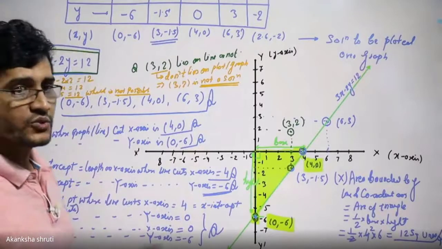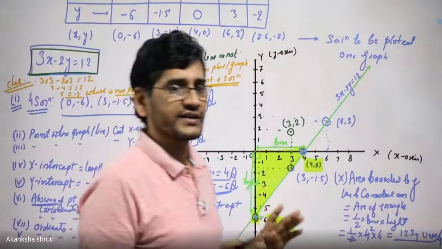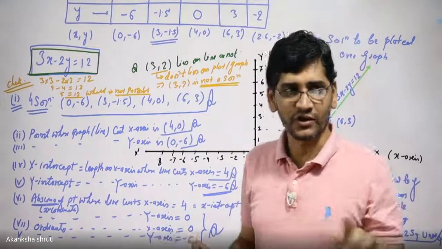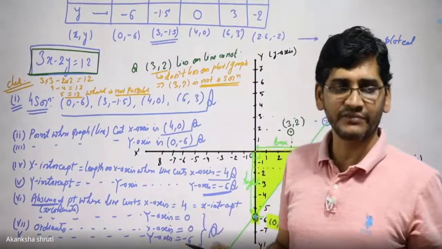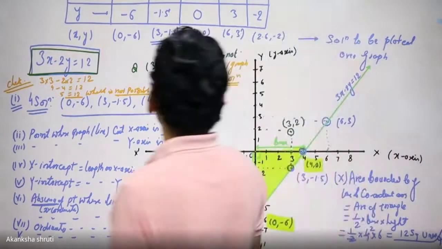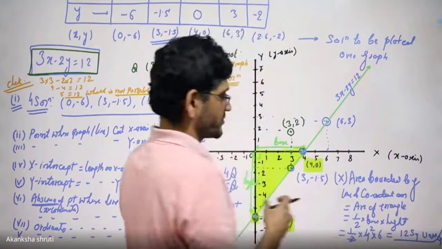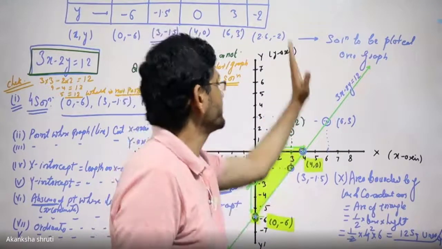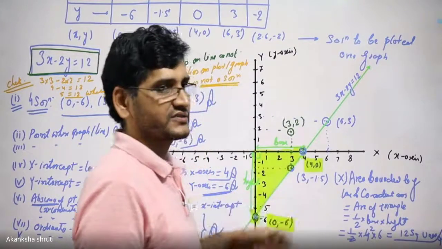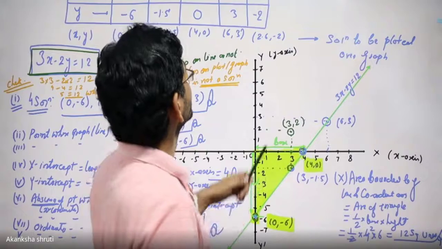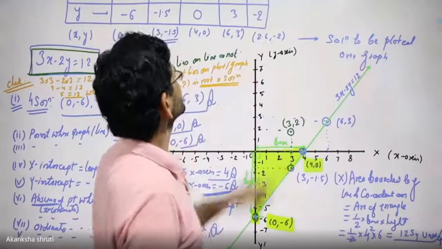This way, today we have learned everything related to the graph. Okay, students? So just recall, I'm just summarizing it, then I will stop the class. I will give you some more questions. Even tomorrow we will take one more such question, and then the last topic, when this graph becomes parallel to the x-axis or y-axis. So tomorrow we are able to finish. Tomorrow means in our next class. Keep in mind. So students, let us summarize it.